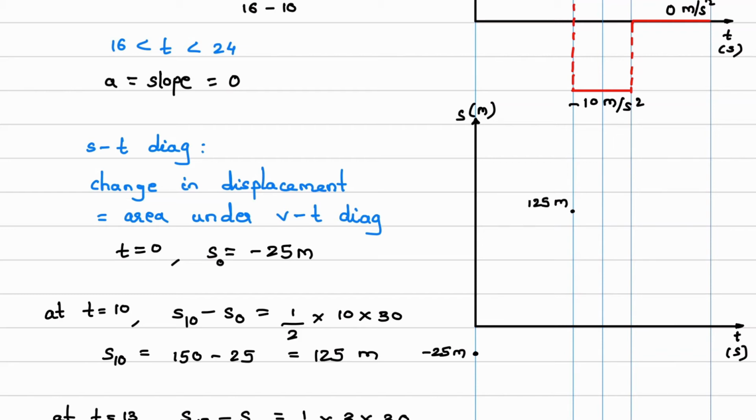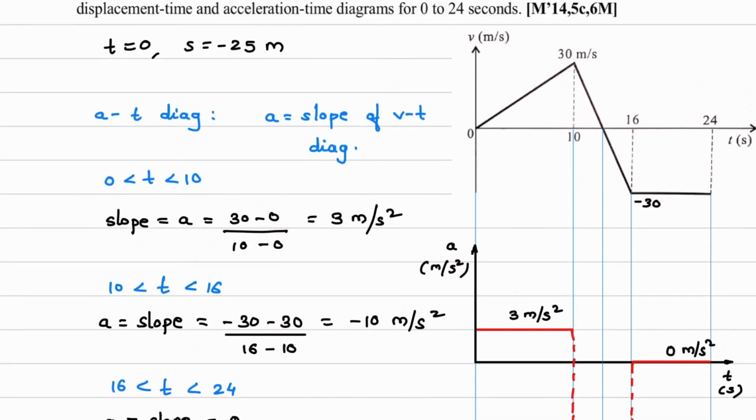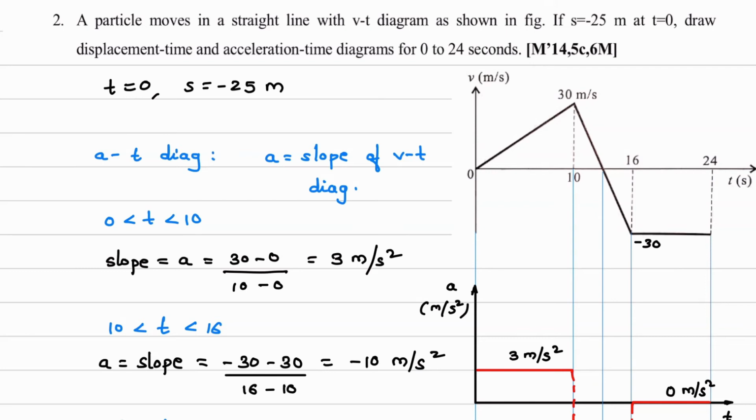Suppose this is the point. Along with that, now what we will do is join the points as well. Now from this minus 25 to 125, how to join? Understand this, this is important part. Now velocity, we are drawing which diagram? ST diagram. So velocity is slope of ST diagram. Now velocity is increasing. Here you can see velocity is increasing. So slope should increase. This is first point. Velocity magnitude is positive, so slope should increase in positive direction.